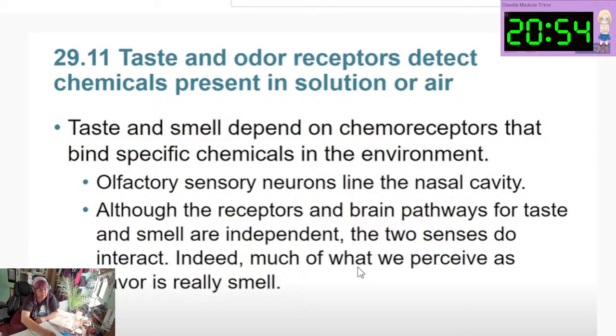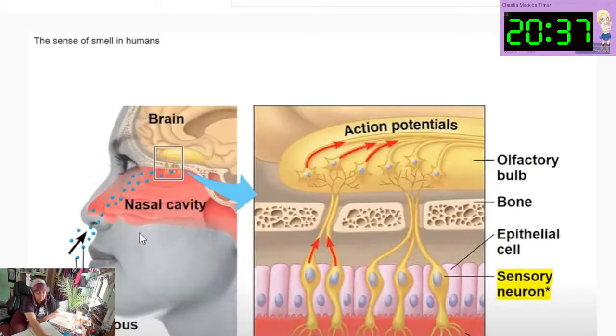I just wanted to point that out, that's what gets damaged and why people lose their sense of smell. Chemicals that smell, that are like odorants. So chemicals that smell we usually call odors, but what we're really talking about are chemicals in our environment that bind to receptors in our nose. We cover smell last because it's slightly different than the other sensory pathways that we've looked at. So chemicals in the air that dissolve into the mucus that coats our nasal cavity are then going to be received by